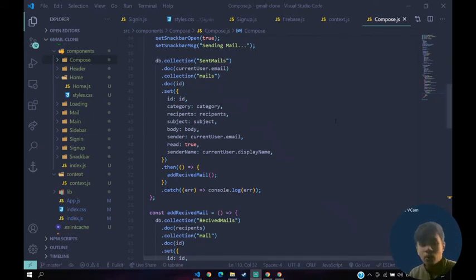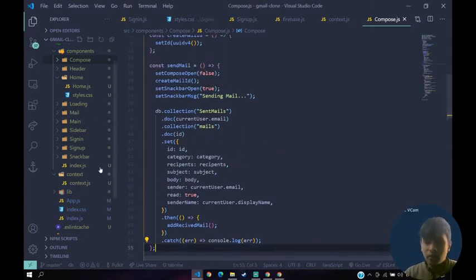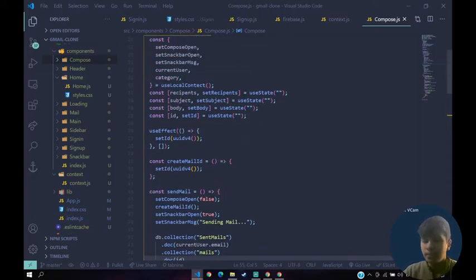Okay guys, so we're storing the data for all the mails that the user has received. So we'll be creating another context file, which is purely going to be used for our mails, for doing anything with our mails. So basically it's going to be a very long file, because first of all we have to sort out the mails, then you'll get this later.